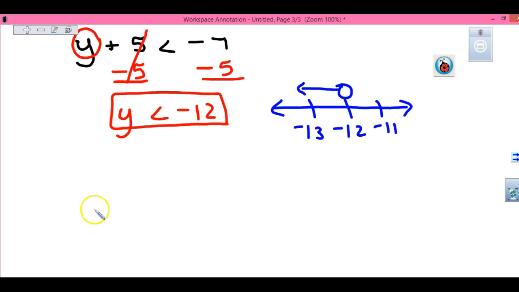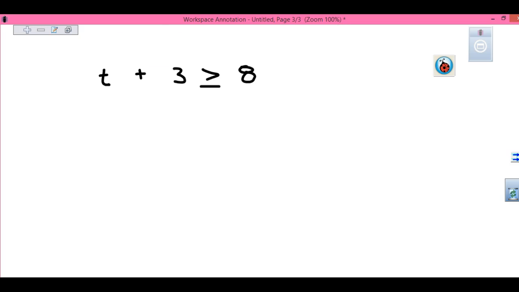Let's try one more. Let's try t plus 3 is greater than or equal to 8. Can you start solving this? What is the inverse operation? Subtract 3. What you do to one side, you do to the other. T is greater than or equal